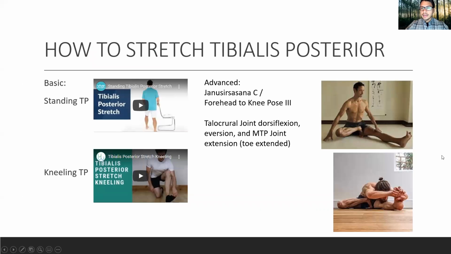All right, how to stretch tibialis posterior. Some basic stretching is the standing tib post stretch. You can use a chair